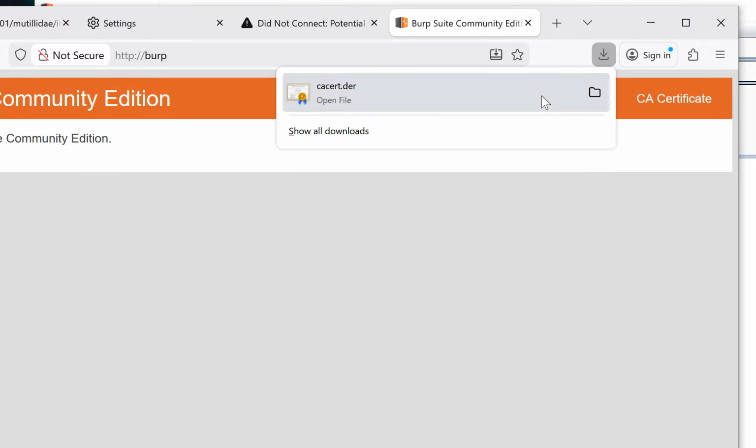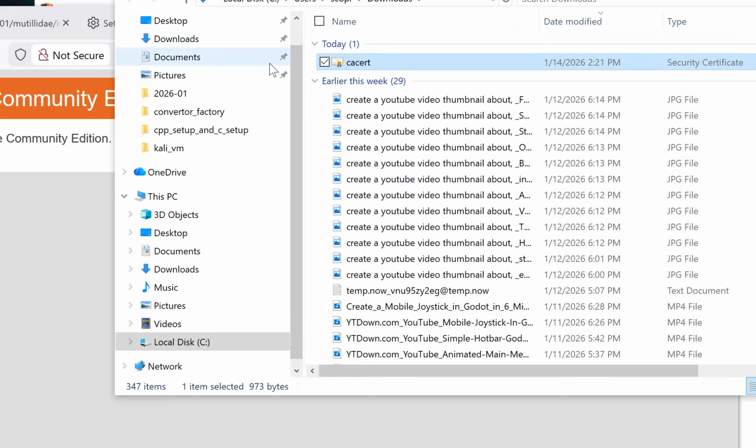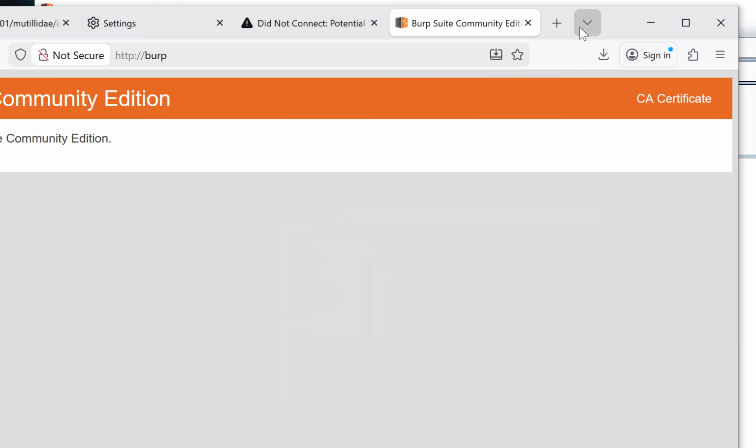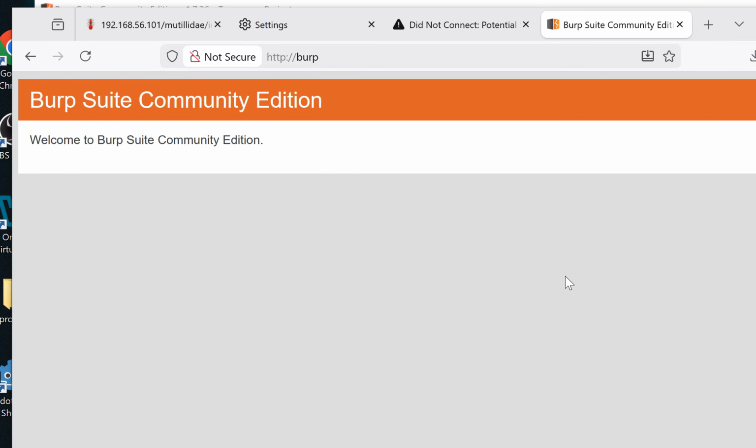After downloading it, we can click this icon here to view where it is in our Explorer. As you can see, it's right there in the downloads folder. So let us keep that aside, and then in our Firefox, we are going to